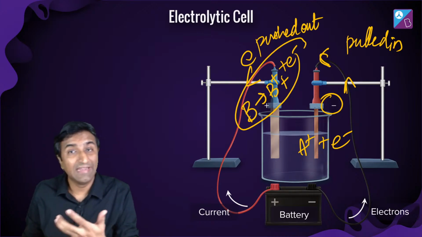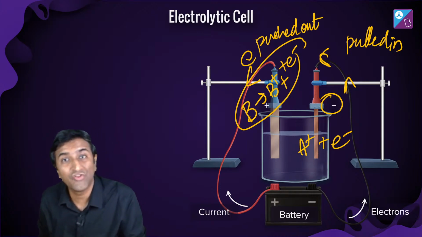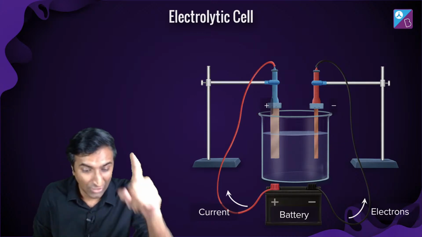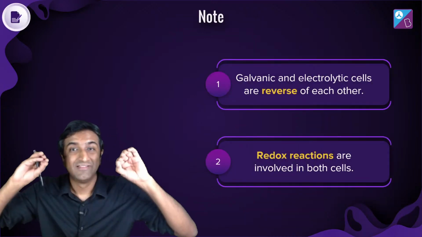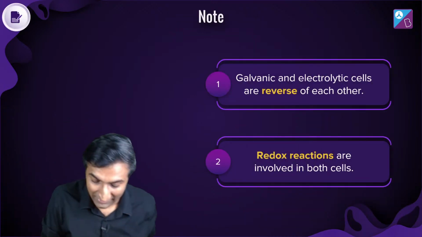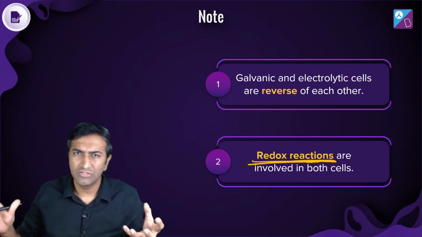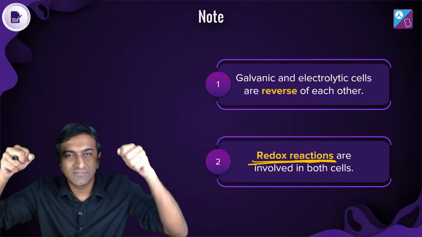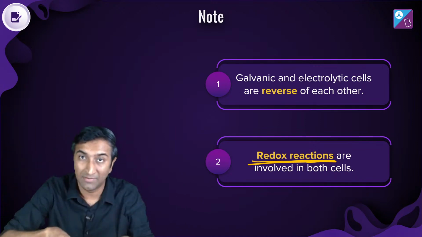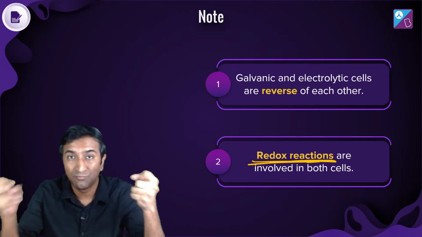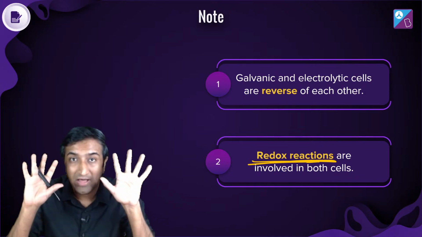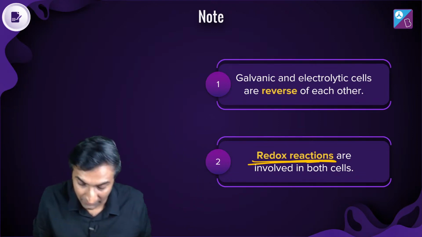So if electrons are being accepted and electrons are going, what comes to mind? Redox reactions, another prerequisite. The most important prerequisite is redox reactions. And these are in two different places, we have separated them. It's possible for all this to happen in one place, but we have completely separated these two reactions. They are happening separately, and they're called half cells. We talk about that in some detail.